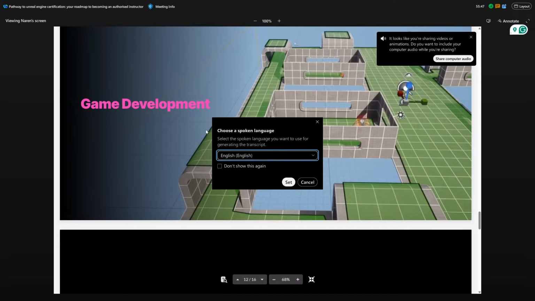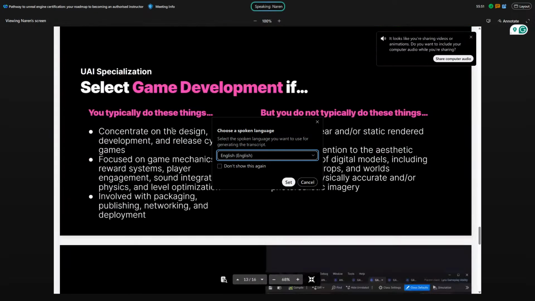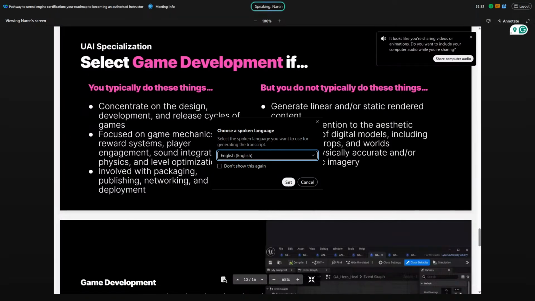Again, it is concentrated on the design and development, release cycles of the game, focused on game mechanics. If you want to succeed in producing a good game, it is of two types: one is the design part and the other is the development part. Inside the development part, we have something called game mechanics.